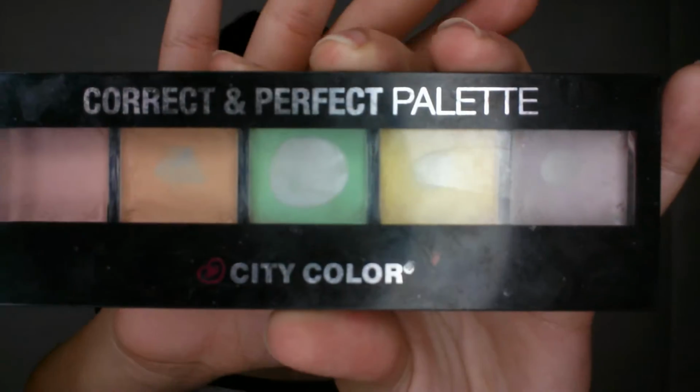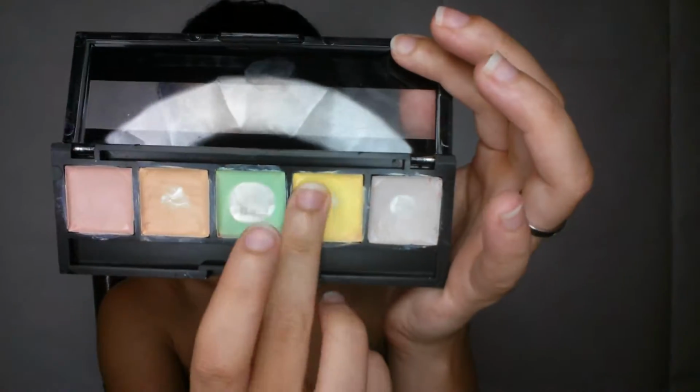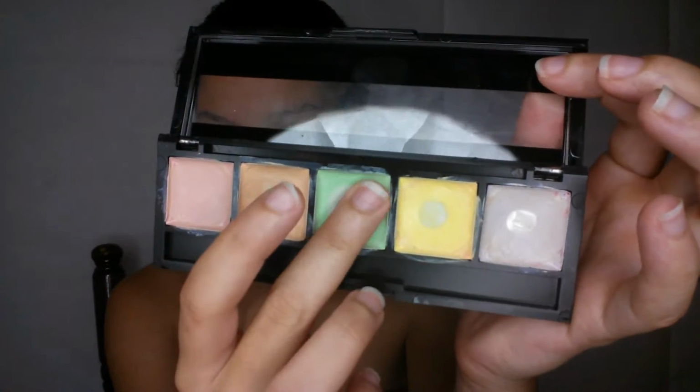I'll be color correcting with the City Color Correct and Perfect palette since mermaids have perfectly flawless skin. The yellow concealer is going under my eyes to cancel out any darkness, and the green concealer goes over any redness I have. And since I am a mermaid, I'm the best individual to get mermaidy advice from. You know,